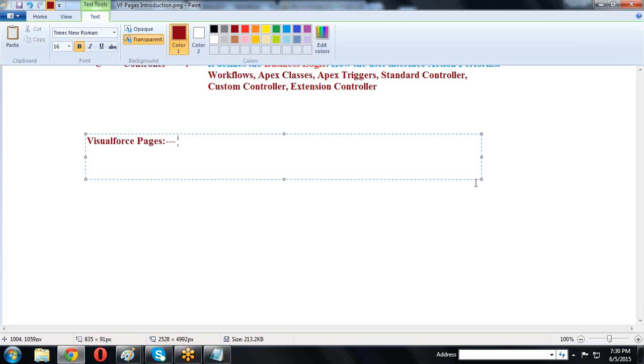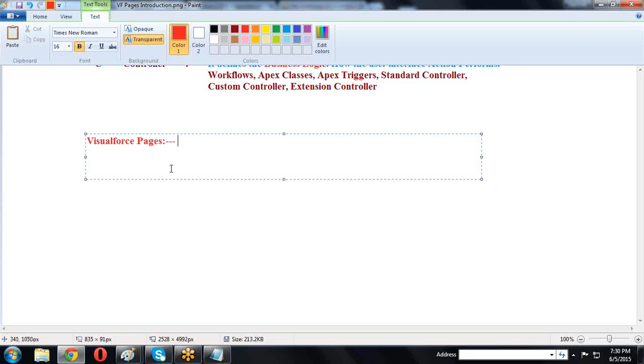By using elements we are creating the Visualforce pages. The Visualforce pages are designed for the front end. They are similar to HTML tags. The Visualforce pages allow any browser supported technologies.